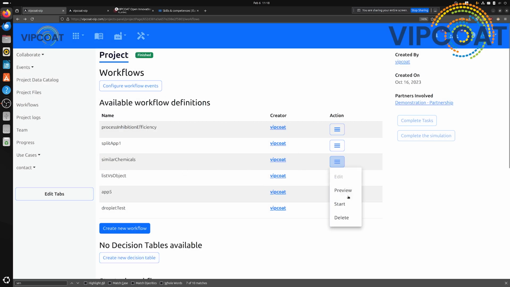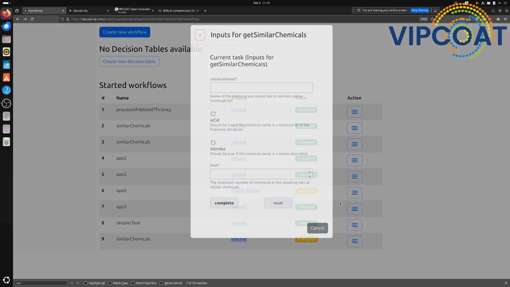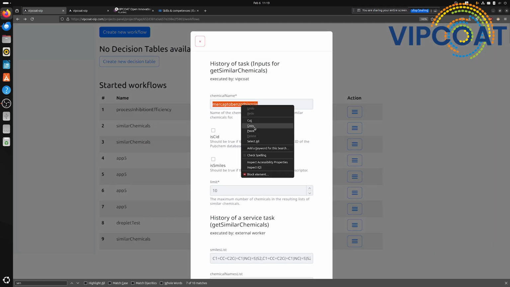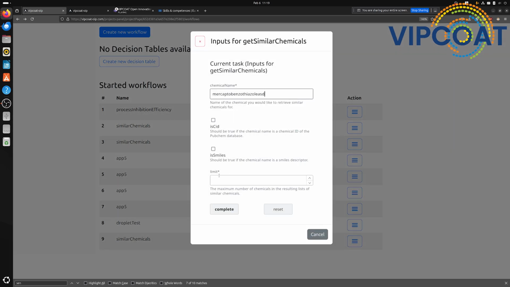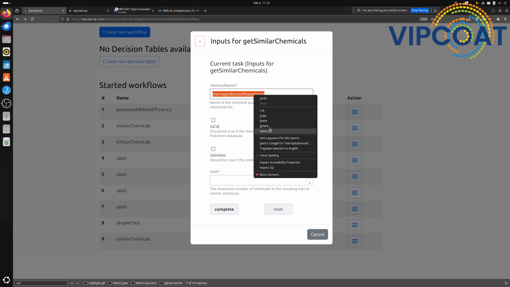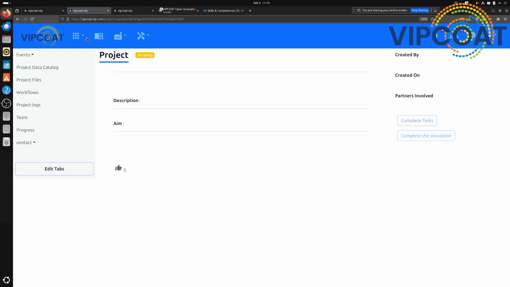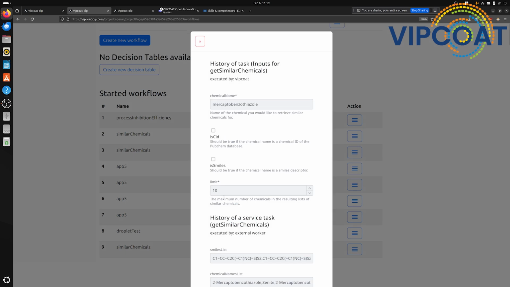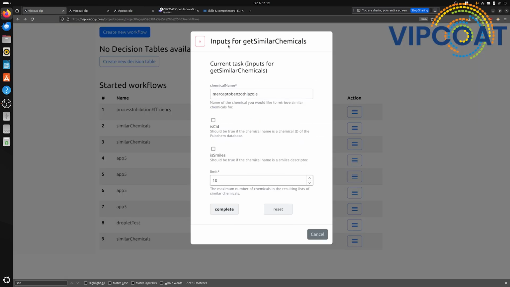Again, you go to similar chemicals, you click on start. At the bottom, you get your latest execution. This is called similar chemicals. You resume it. Okay, let's take a chemical from a previous execution. I can copy it out of here. So mercaptobenzothiazole. I will go into my execution, and I copy it over here. Mercaptobenzothiazole. Then I need another piece of information, just the limit. Let me fetch this as well. Limit. Let's copy it from here. Let's go back here. I copy my limit, and now what is going to happen is I will fetch my